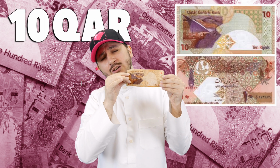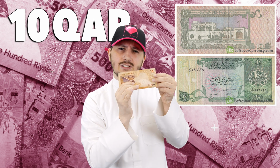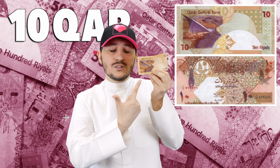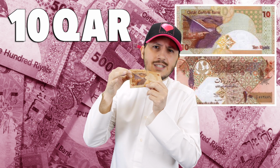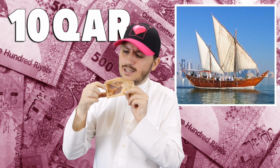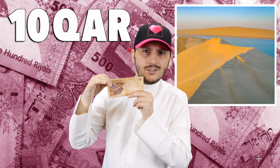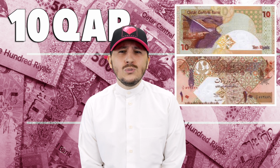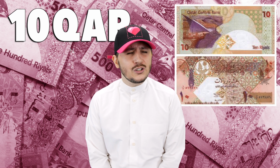This is the 10 Riyal note. This note used to be green and brown, and then somewhere down the line, we decided to give the green to the 5, and we gave them the orange. Now, the 2 symbols, yes, 2 symbols that you will see on this note are, 1, the dhow. This is a speedy-looking dhow, and you can tell because of its sail. And then in the background, you'll see dunes. And I believe that these are the singing sand dunes as well. For those of you that don't know about the singing sand dunes, if you go to the desert and to those dunes at the right time when the wind is just perfect, you'll hear a...